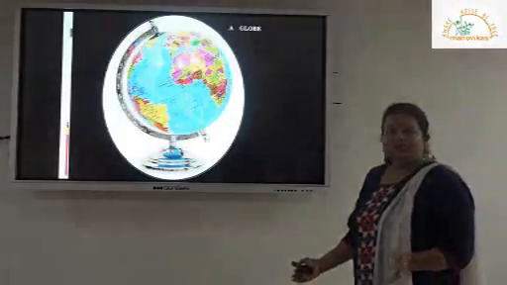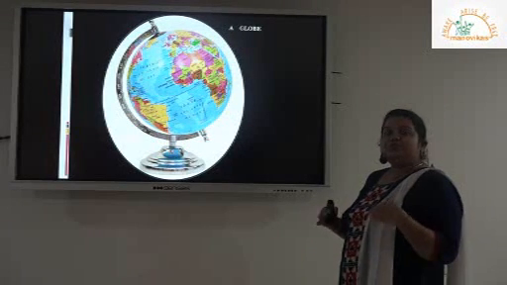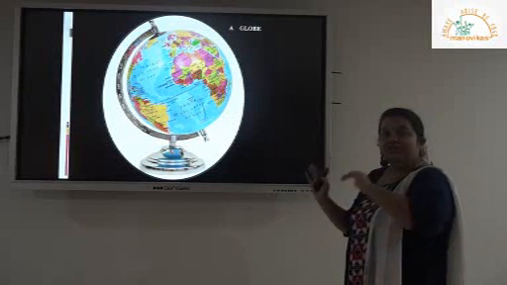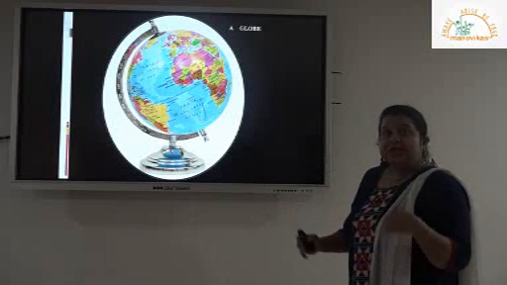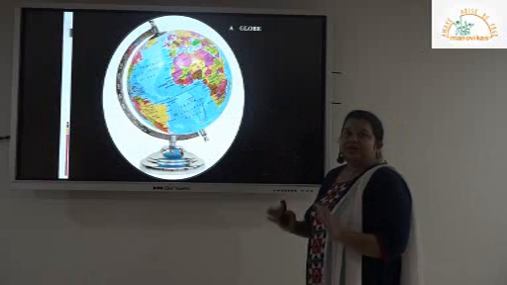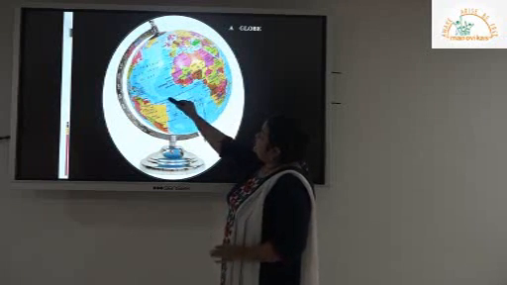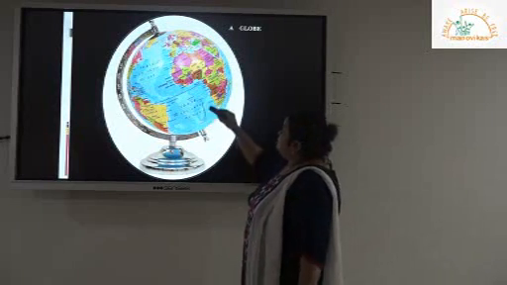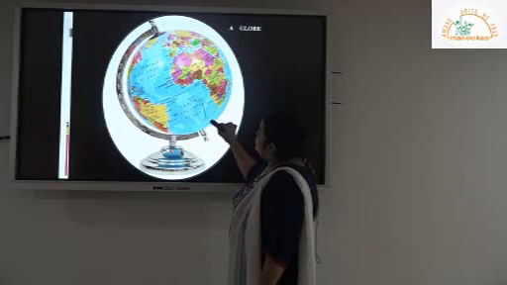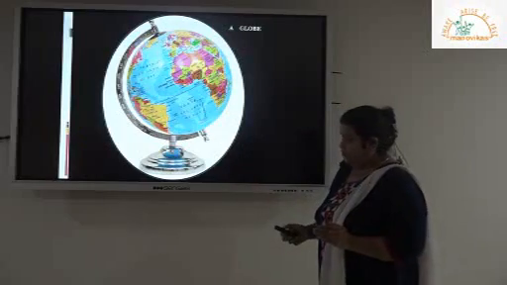You have seen a globe in lower classes, and the globe is a replica of the Earth's surface. It will show you the presence of continents and oceans and its accurate shape, but it has another important thing on it, that is your latitudes and longitudes, which are imaginary lines. This line is your equator. All the lines above that which are horizontal in nature are your latitudes, which are having 1 to 90 degrees above the equator, and below the equator 1 to 90 degrees latitudes. So altogether we have 181 latitudes.